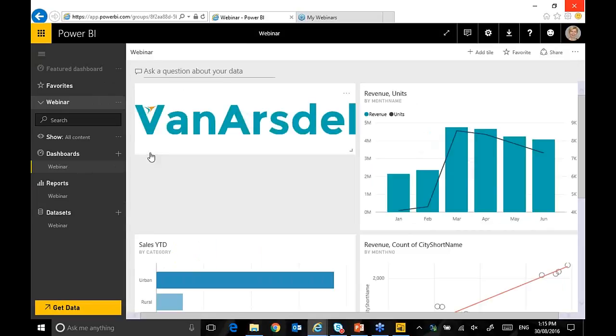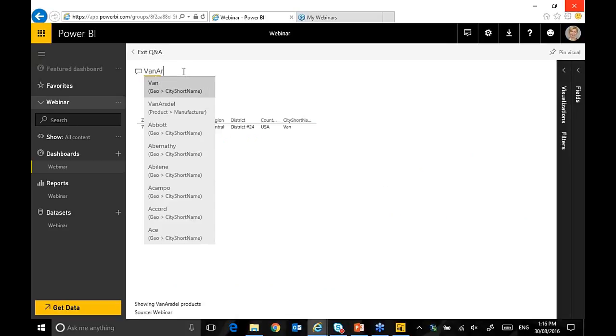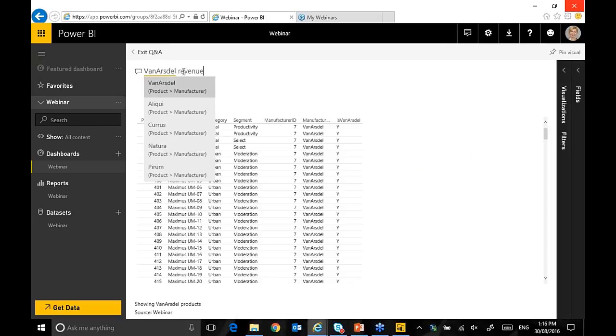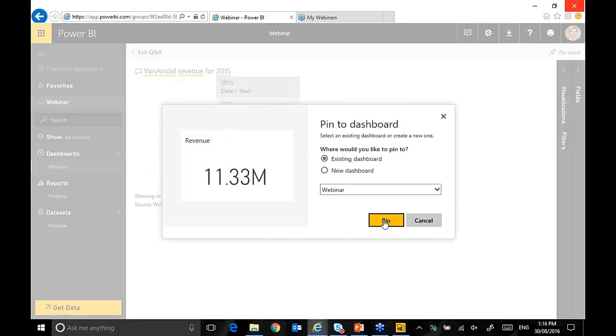What I could also do, to help me create the dashboards and get the value of the data, is use the Power BI Q&A capability. So you can see here at the top of my dashboard, I have this area which says ask a question of your data. So for example, I would like to add in here a tile that shows me the Bi-Modal revenue for 2015. I can go and create a visualization and pin it, but I can also say for 2015. So now I actually have that revenue, and I can decide to pin that visual to my existing